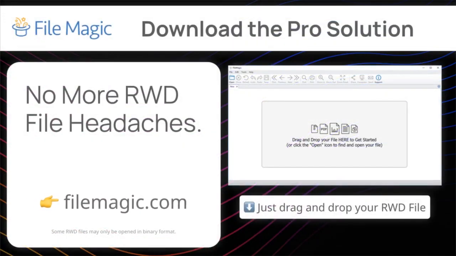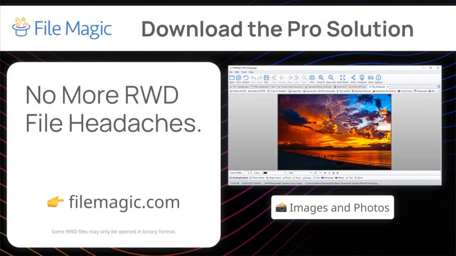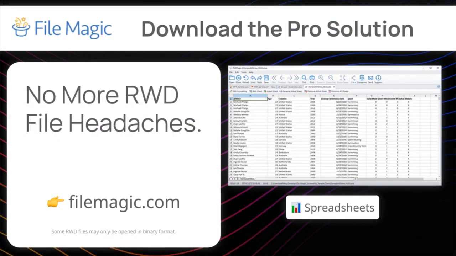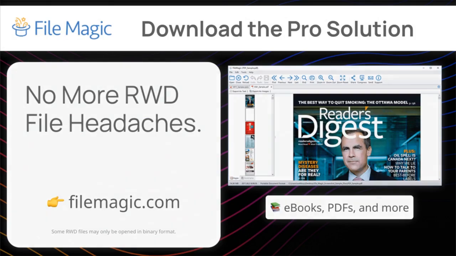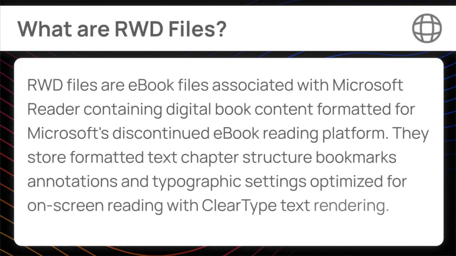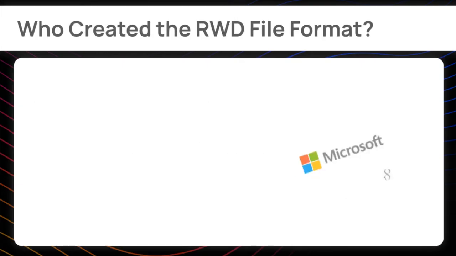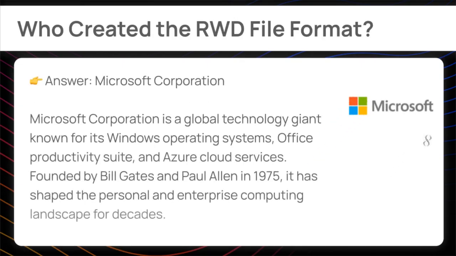Spoiler alert. This isn't magic, it's the result of knowing which single sophisticated RWD file inspection tool to use because of its expansive compatibility. RWD files are eBook files associated with Microsoft Reader containing digital book content formatted for Microsoft's discontinued eBook reading platform. They store formatted text, chapter structure, bookmarks, annotations, and typographic settings optimized for on-screen reading with